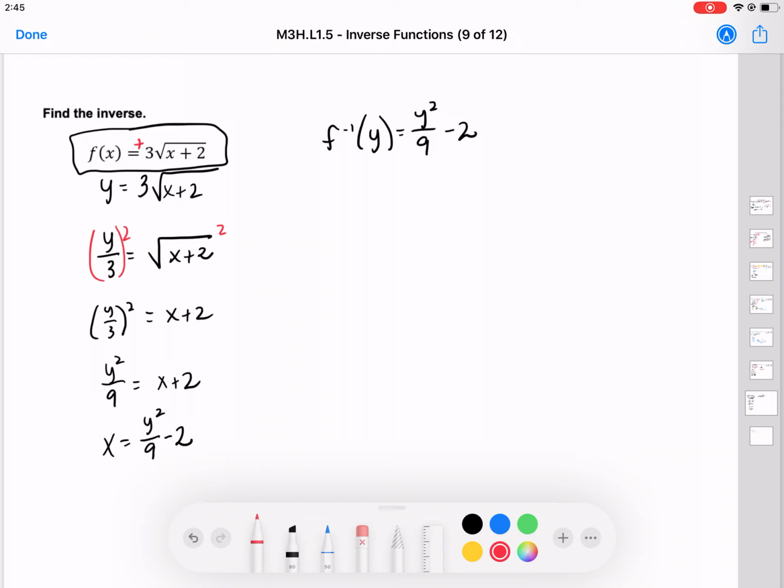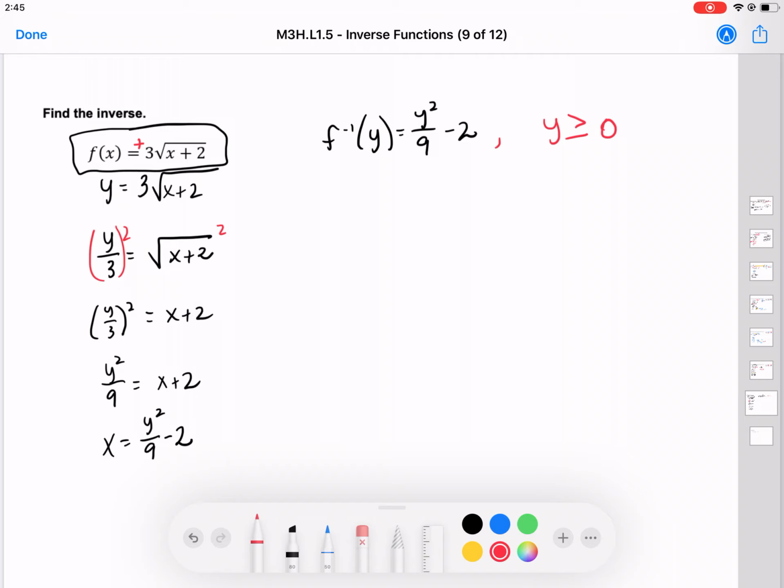Because this is a positive square root, I know that my restriction should be that, and we're doing y as our input, so y has to be greater than or equal to, and we just got to figure out what that value is. And that value is always just going to be the horizontal shift. There are no horizontal shifts in this, so it's just going to be y is greater than or equal to